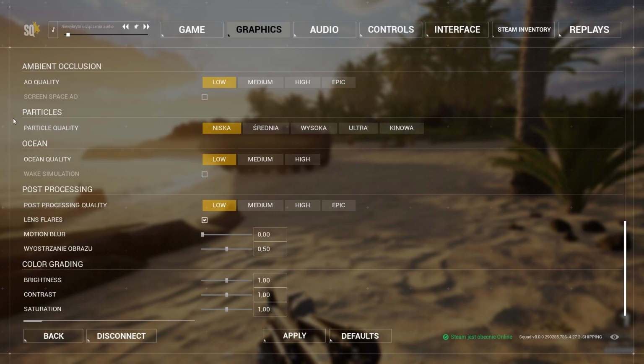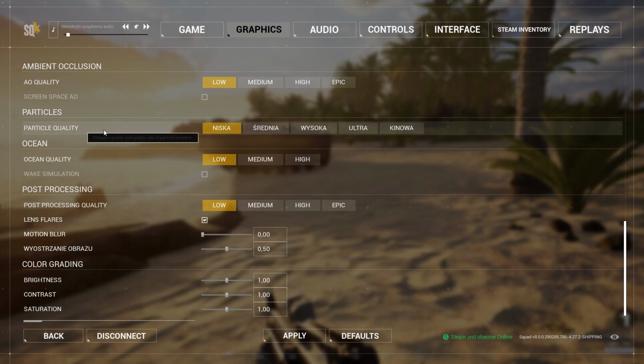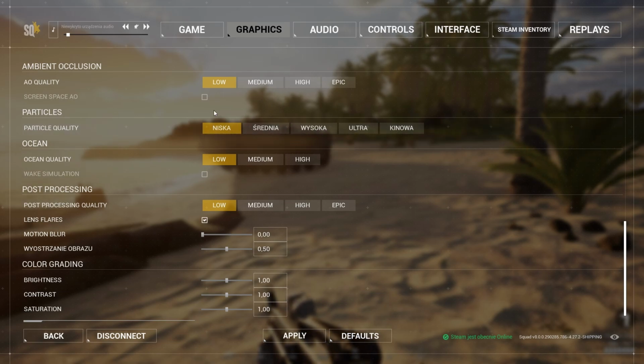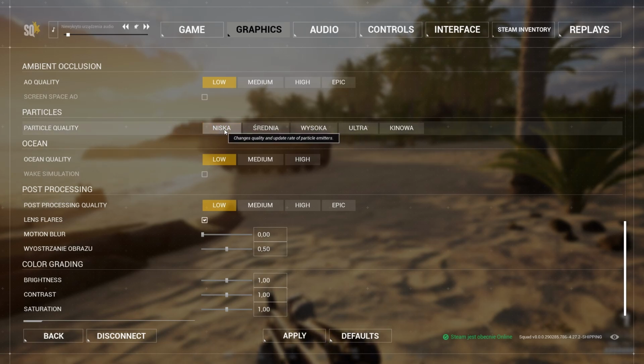Next setting is the particle quality. This might be the most controversial setting of all the settings, in my opinion. Most people run ultra, of course, but in my experience, when you run a lot of MBT battles or you're running as a machine gunner or maybe even RPG, I would suggest setting this to low, maybe high. Don't go medium.